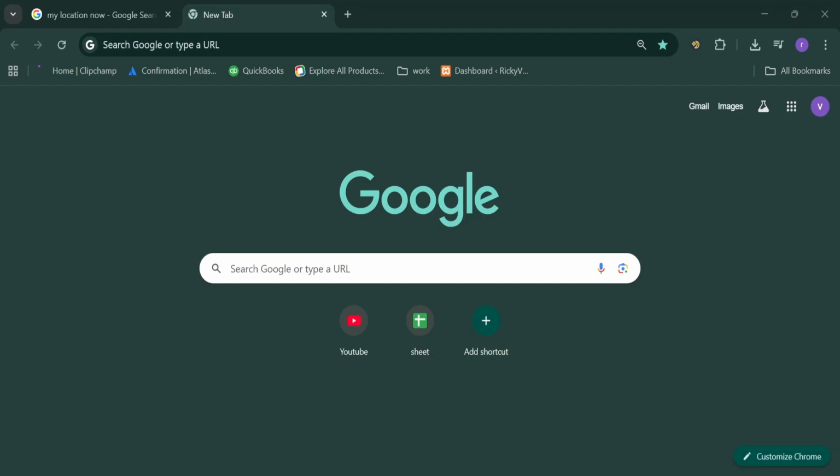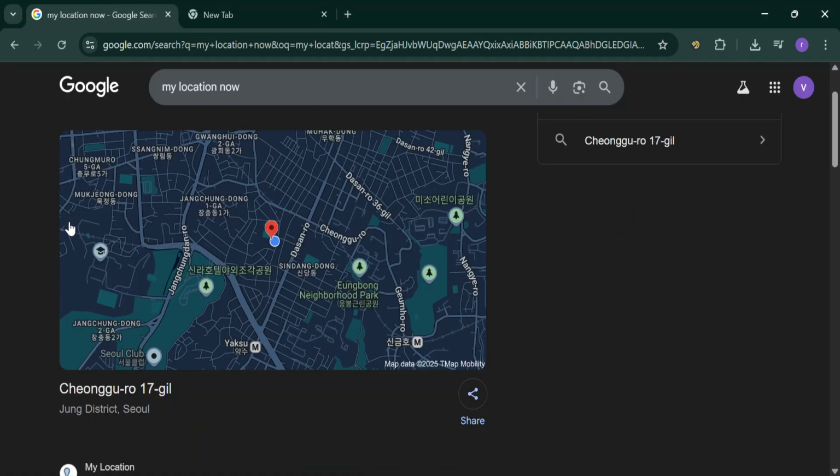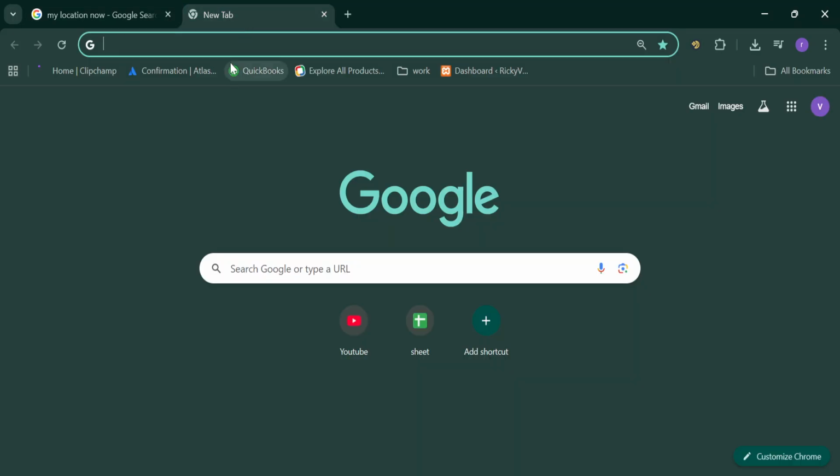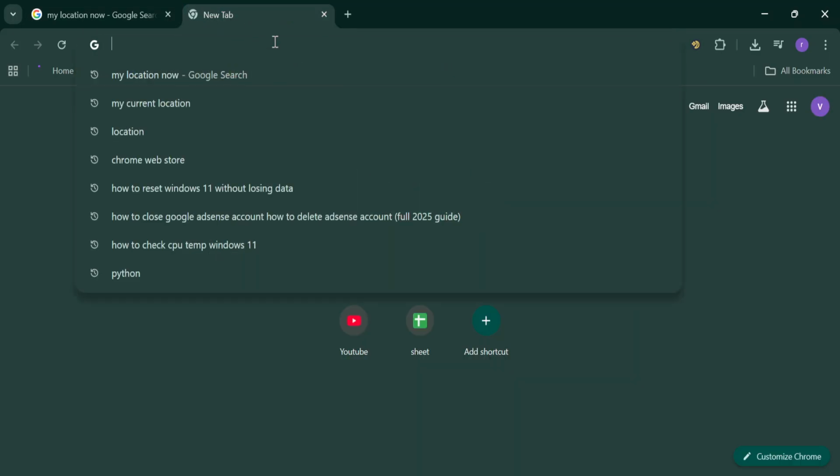In this quick tutorial, I'll show you how to change your location in Google Chrome. You can see the browser currently detects my real location, but we're going to switch it easily. First, open a new tab and go to the Chrome Web Store by visiting